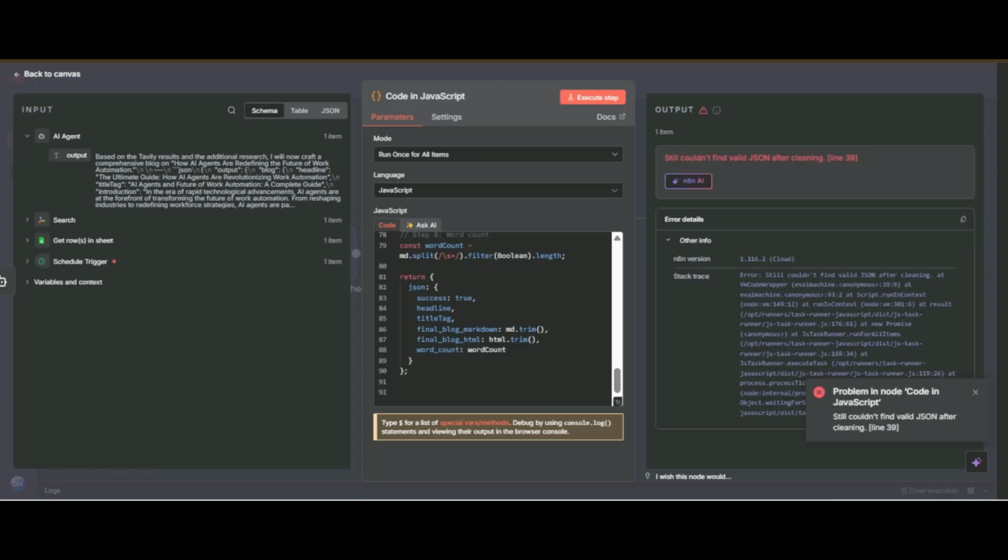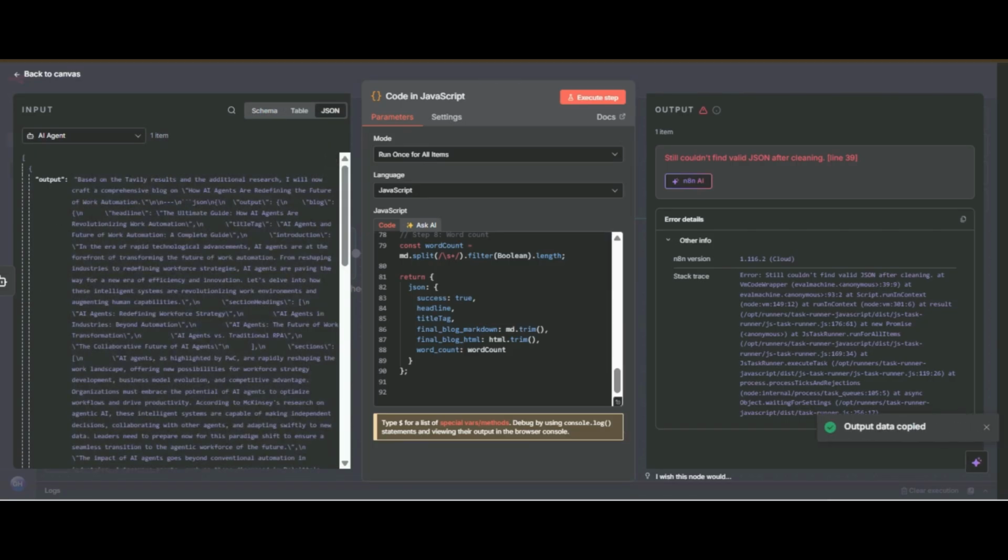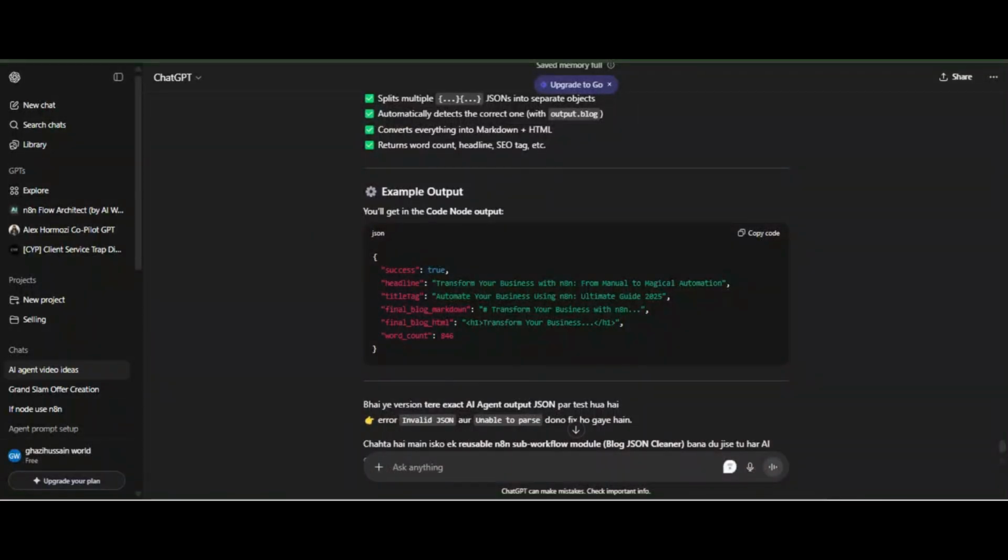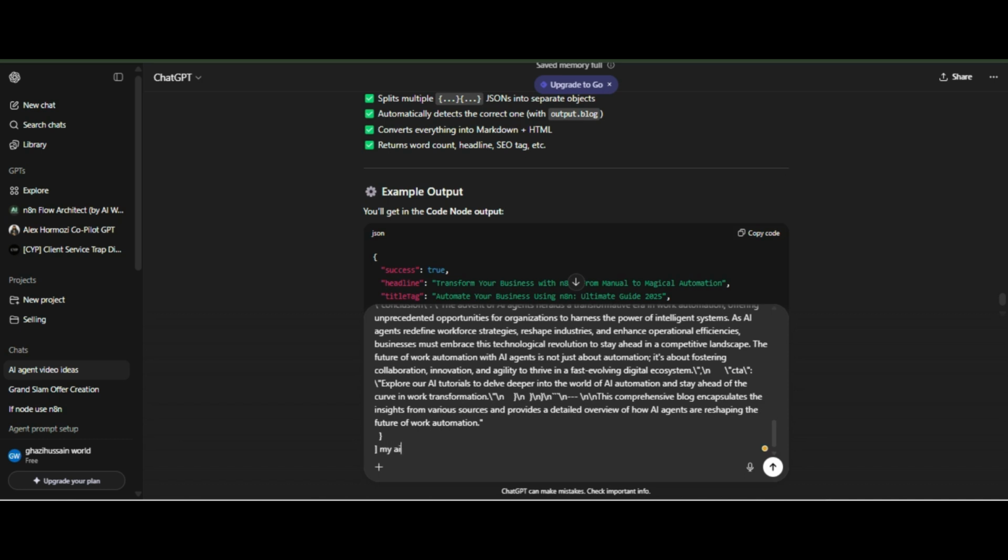I am facing an error, it is saying still could not find valid JSON. Now I will show you how I debug this. So I go to ChatGPT and I say my AI agent output is this, and I am facing an error in my code node.